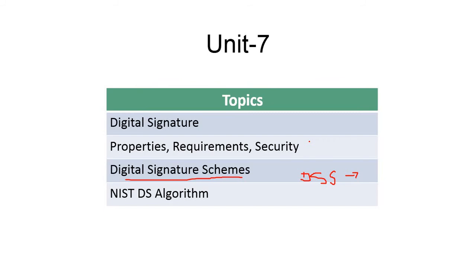We have also discussed the structure of digital signature in that session, as well as the use of encryption and two approaches like the NIST DS algorithm. One is the DSS approach and another one is the RSA approach. So these two approaches we discussed at that time, as well as the Elgamal scheme and another one, the Schnorr scheme. So these two algorithms we have discussed.